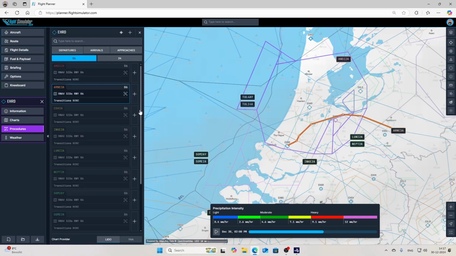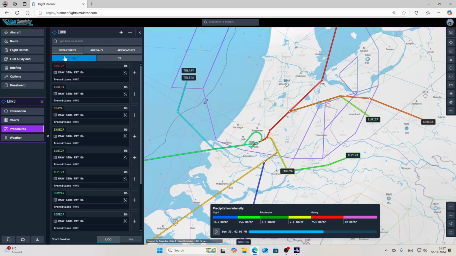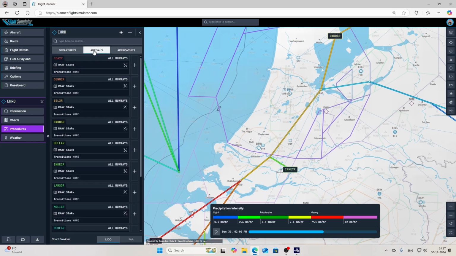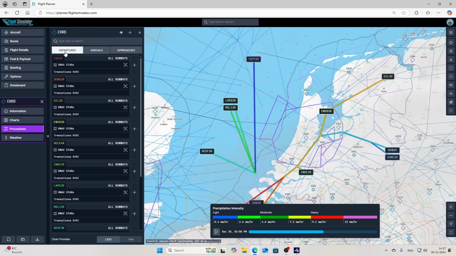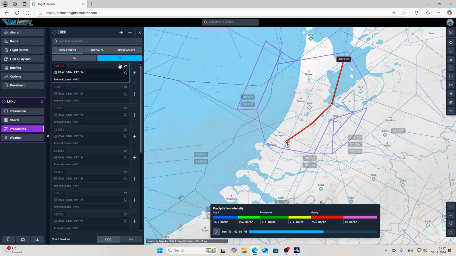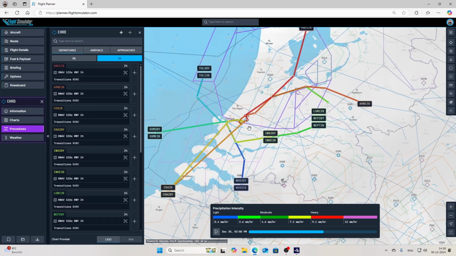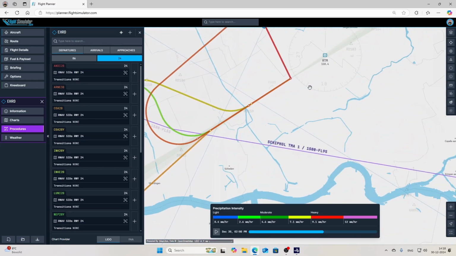And if you click on it, it will zoom into those departures, right? So these are the departures which are available for you. If you would click on, let's say, arrivals, you would see something else. And these are the ones which we can currently use. But make sure that you're also zooming in onto runway 24, because else if you don't do it, you will get everything back. So in this case, runway 24, if we would zoom into the